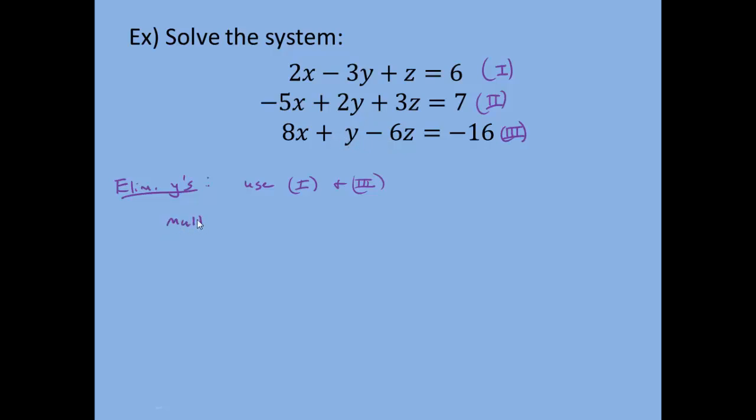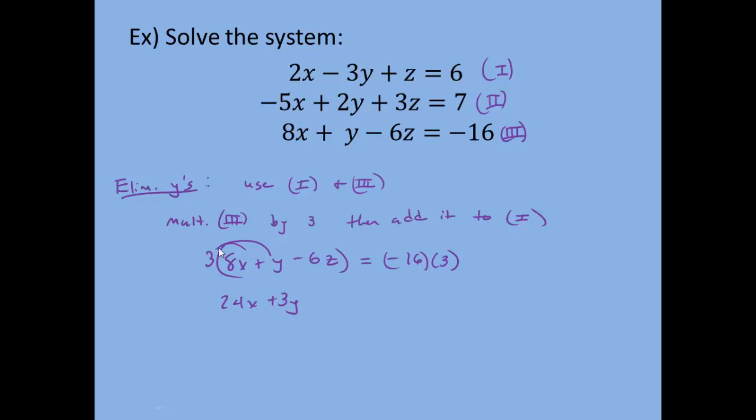So we're going to multiply equation 3 by a positive 3, then add it to equation 1. So equation 3, we have 8x plus y minus 6z. I'm going to multiply this side by positive 3, is equal to negative 16 times positive 3. And I would show this on both sides, this way you don't miss anything. We're going to distribute the 3 through. So this is going to be 24x